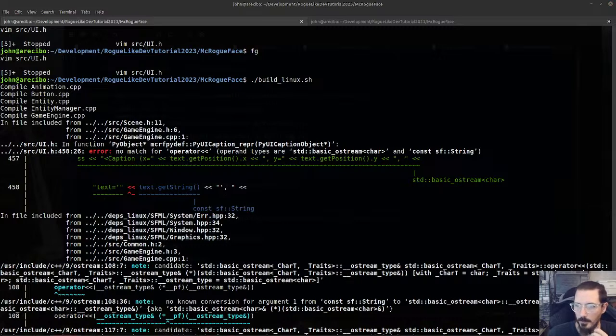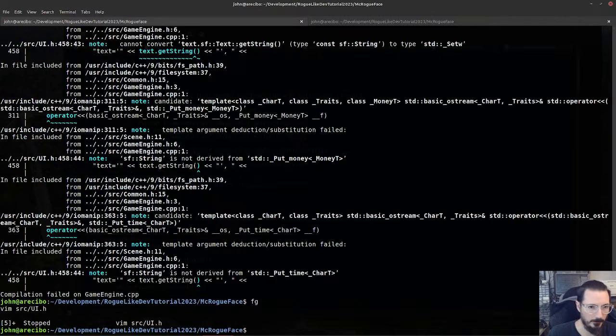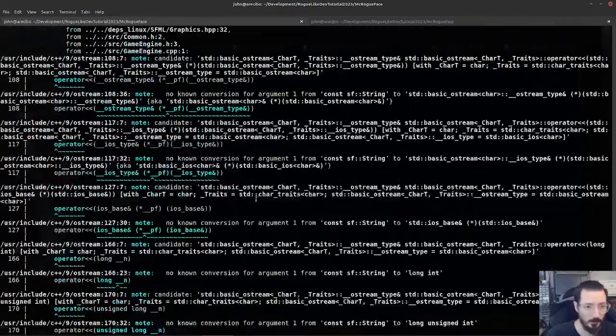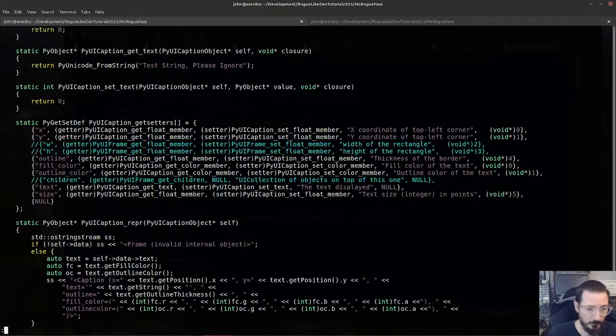So let me see what, get the text string. So let me just cast it. Wait, what line? Up this entire huge traceback. I love how much detail I got. That's so helpful. 457. Yep, right in front of me. Okay, and that is get string, which will be